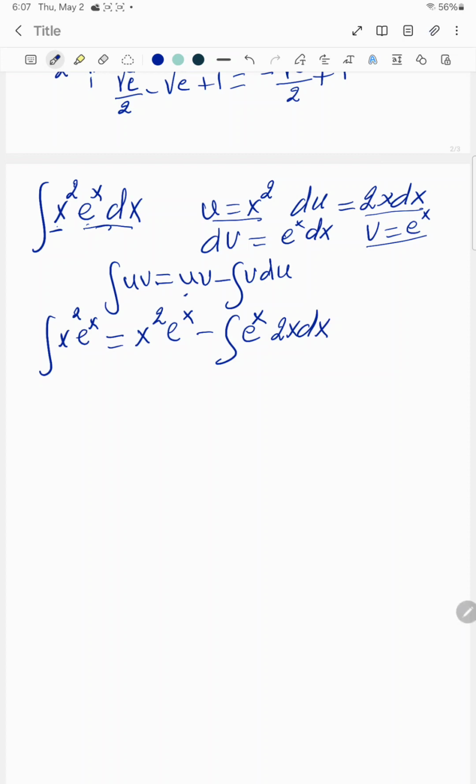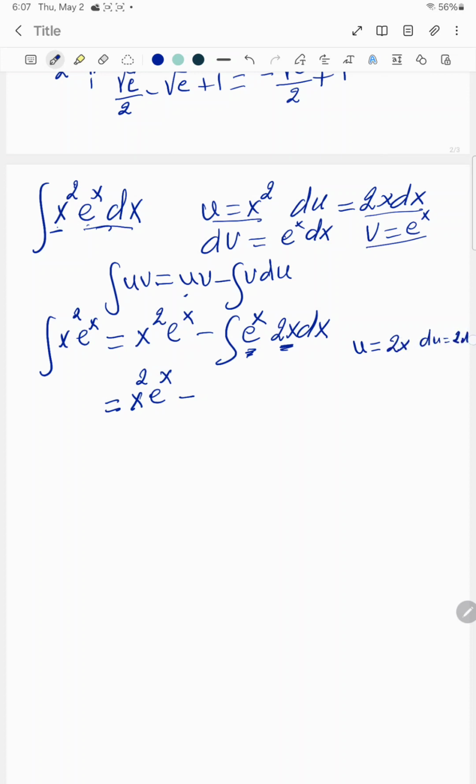And again here, I cannot go from e to the power of x to the 2x. So I will do integration by parts again. So this will be equal to x squared e to the power of x minus, and then the second time I will take u equal to 2x, then du equal to dx,